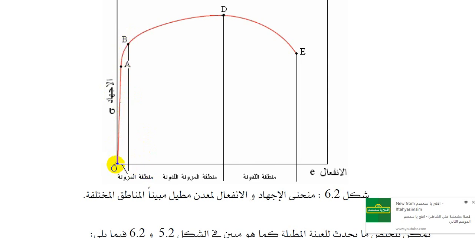the elastic region lies between the point of origin O and a certain limit in the strain. So the proportionality limit is lying between the point O and a certain point in this stress strain curve called the upper yield point, as well as a certain limit and the mapping of the point